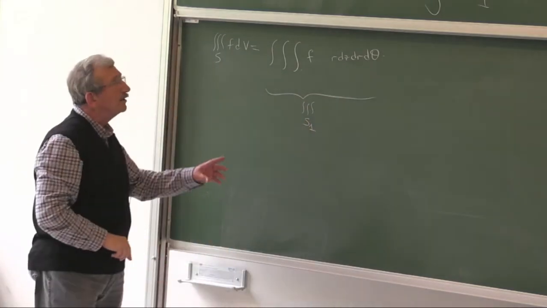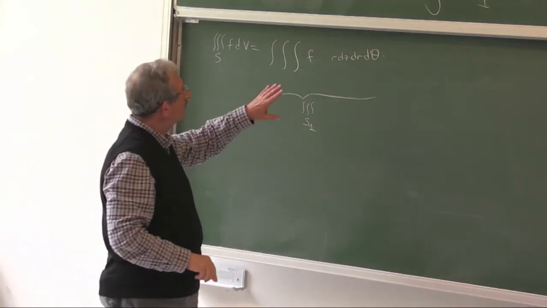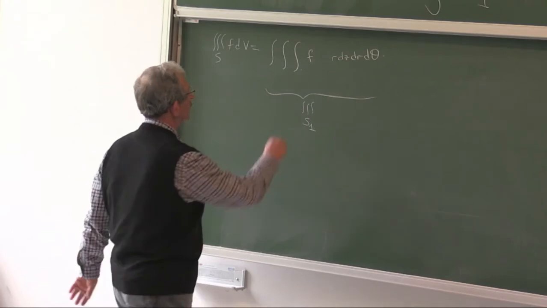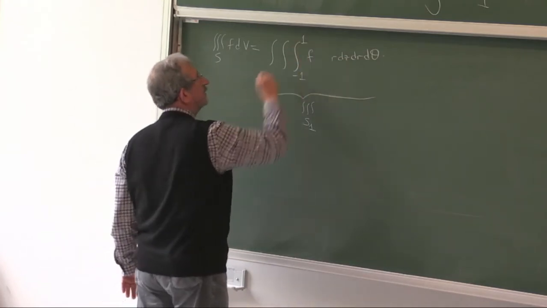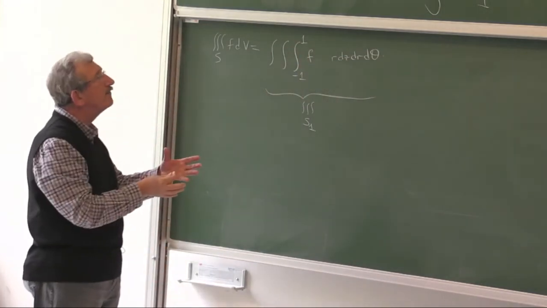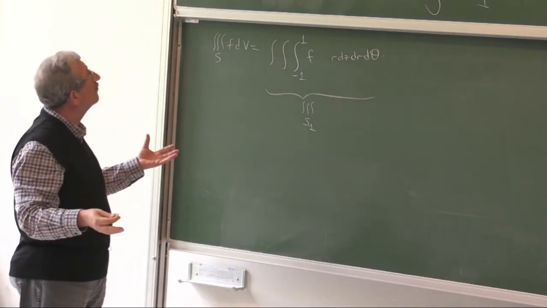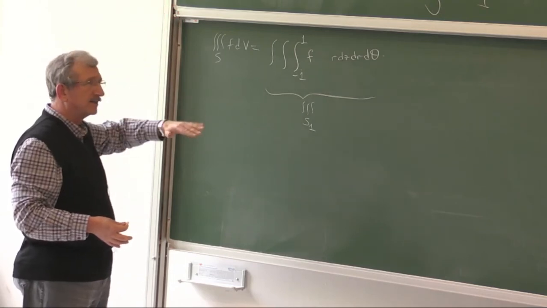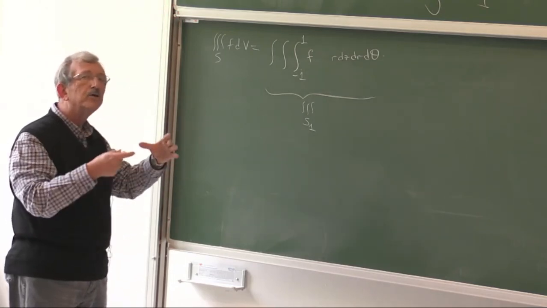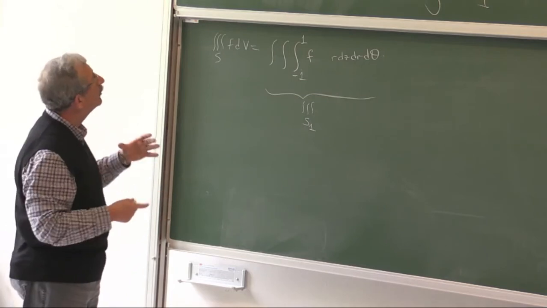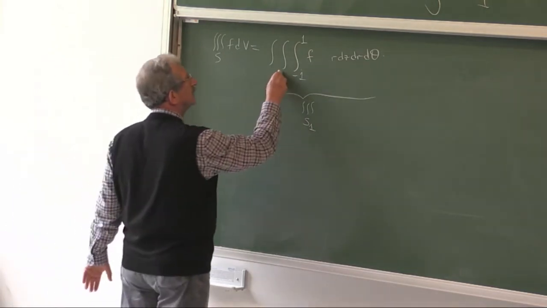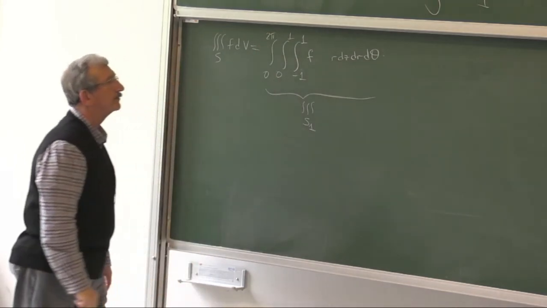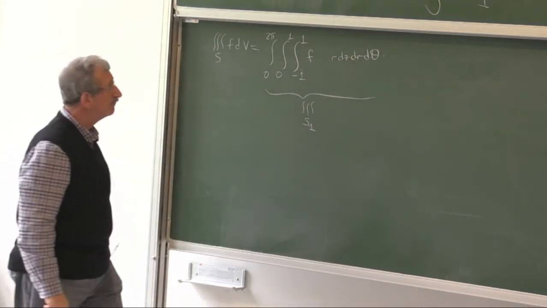Now, in S1, z changes from -1 up to +1. These are the surfaces that I always have. In the meantime, my projection is the cylinder, hence at the projection I get a unit circle. A unit circle in polars is 0 to 1 and 0 to 2 pi. So this is the cylinder part. Plus,